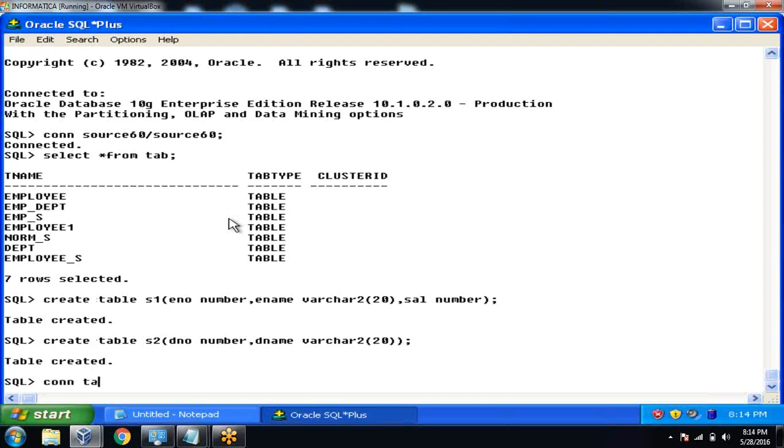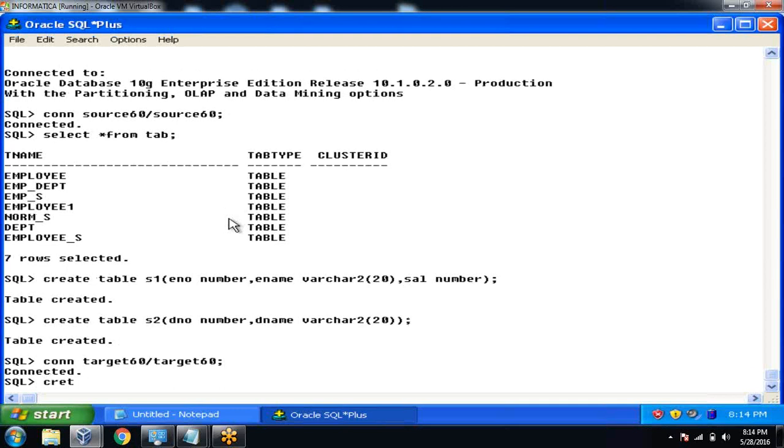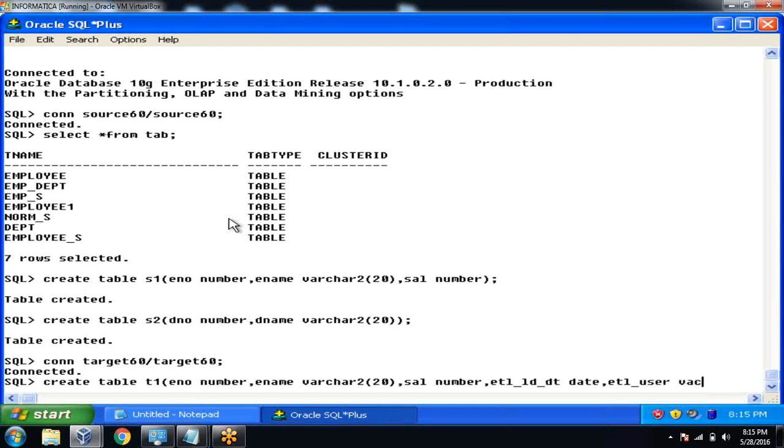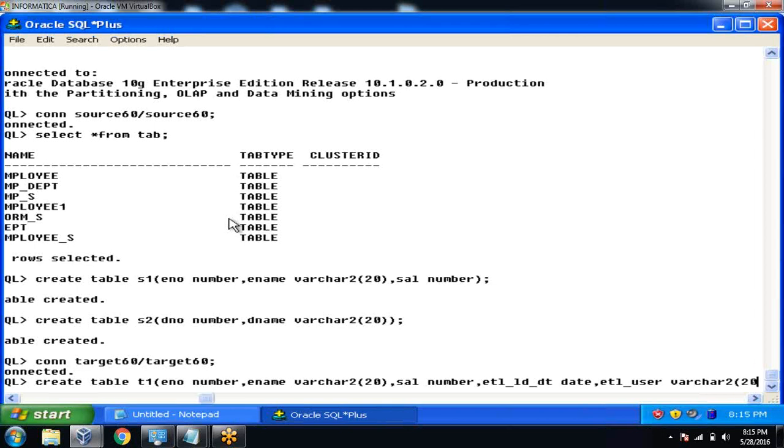Now I'm connecting to target. So here I am creating two tables. Create table T1: employee number, name, salary, number, and ETL load date, ETL underscore user, where